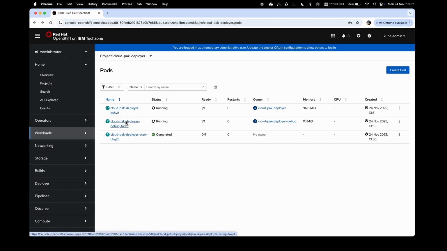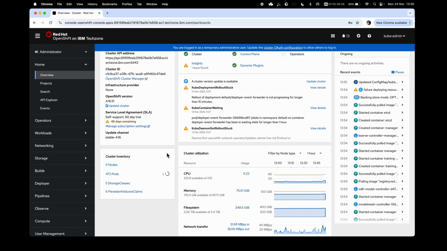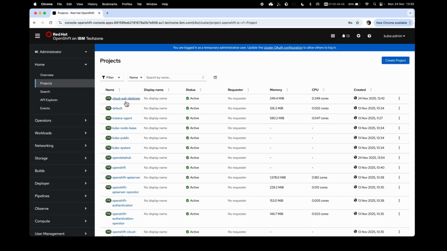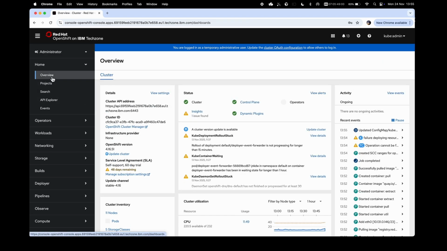Now, as the components that we have chosen are, let's say, heavy, it is going to be taking some time. You don't need to do anything in the whole process. You just need to wait and see how this process completes. It's going to be taking several minutes, maybe depending on the load of the cluster. It might take you, I don't know, a couple of hours. It really depends on how powerful the cluster is. But as I said, you don't need to do anything other than waiting for the full